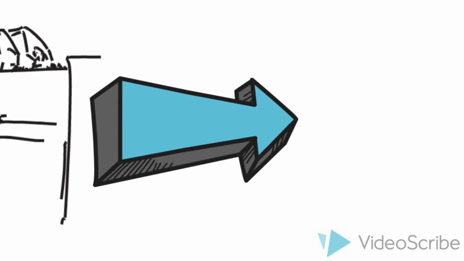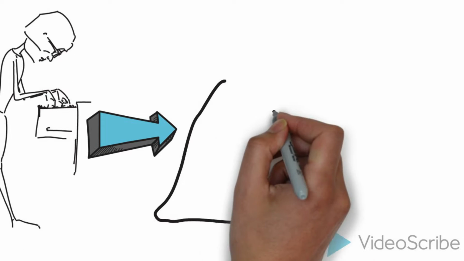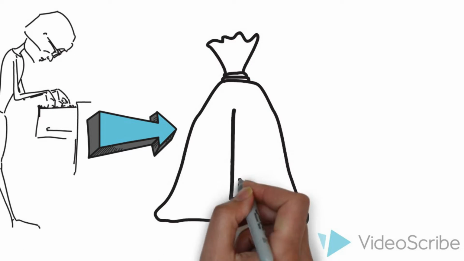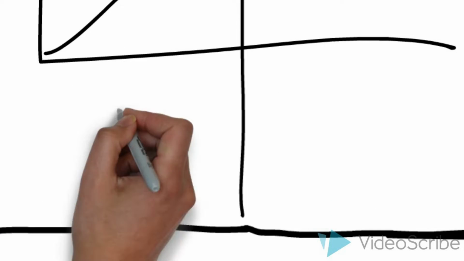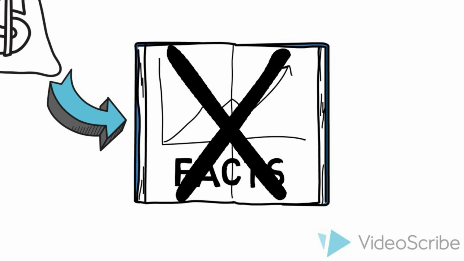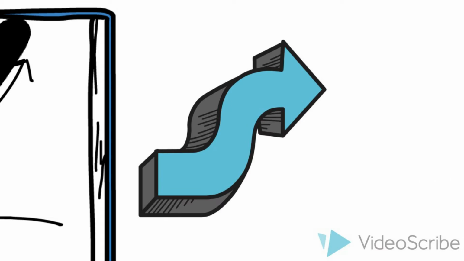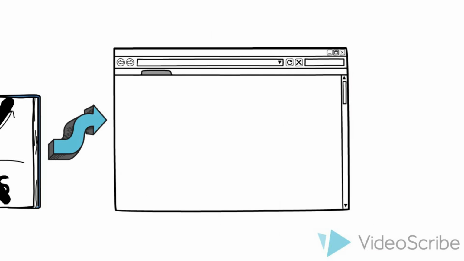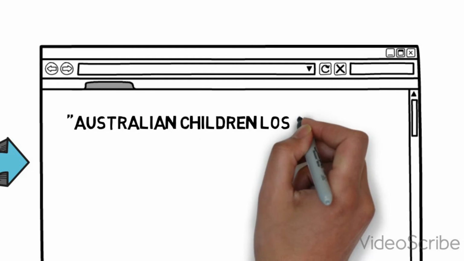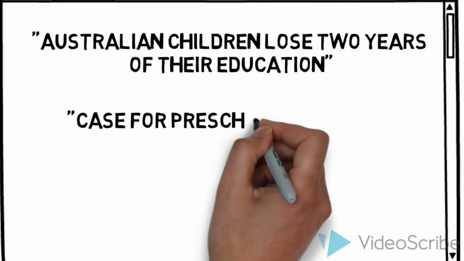Media is neither neutral nor transparent. There is often a hidden meaning or reasoning behind the articles, such as advertising or politics. Even the process of gathering news is subjective, as certain studies or facts can be left out to present a topic in a more positive or negative light. Here are some examples of recent news headlines. We understand the bias of these articles due to our critical literacy skills.